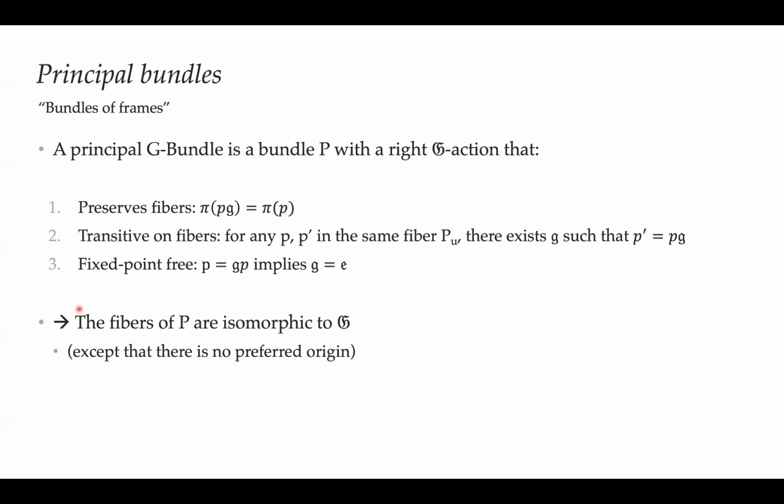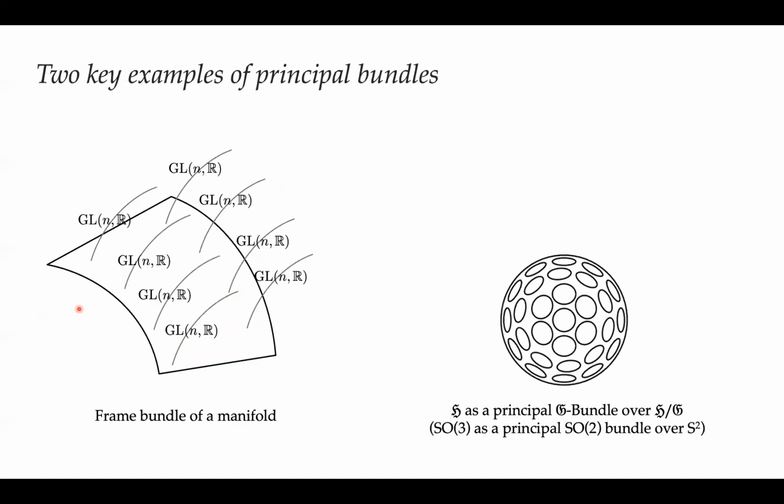So I'm going to skip the mathematical definition of principal bundles, but you can look this up if you're interested. There are two kinds of examples of principal bundles. The first is the bundle of frames of the tangent spaces of a manifold. That's what we've been talking about mainly today. But the other example is a group H with some subgroup G, which forms also a principal bundle over the coset space. You can read more about this in my thesis, as well as several of the other references I mentioned before.